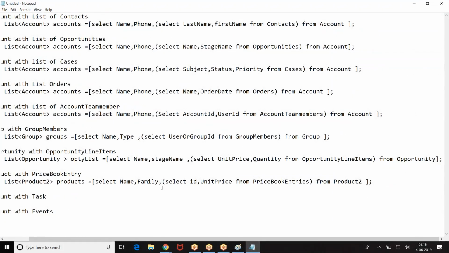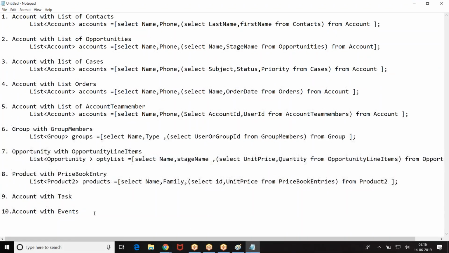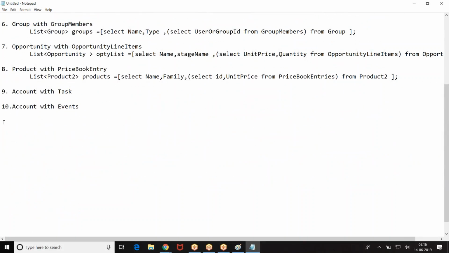Now, try to write the query here. I hope everybody followed this. Write a query there.